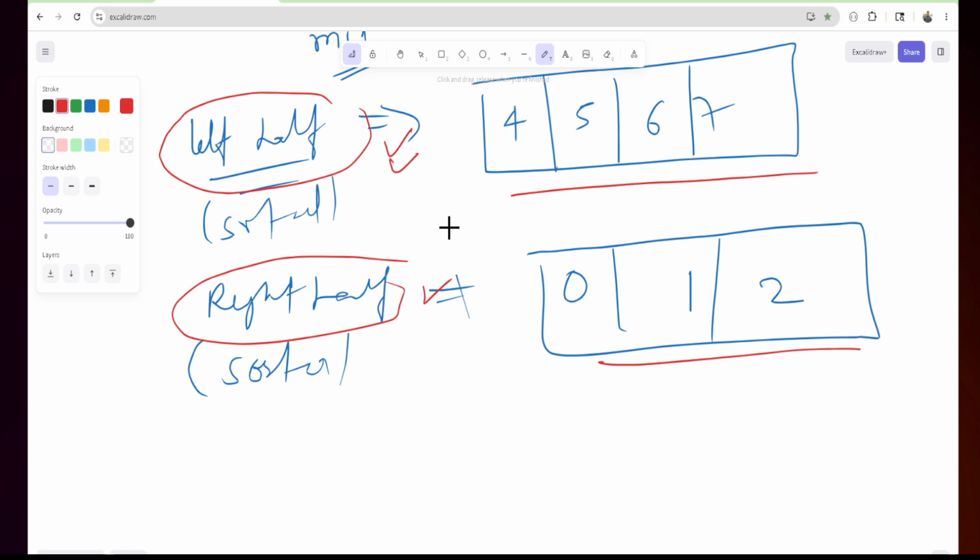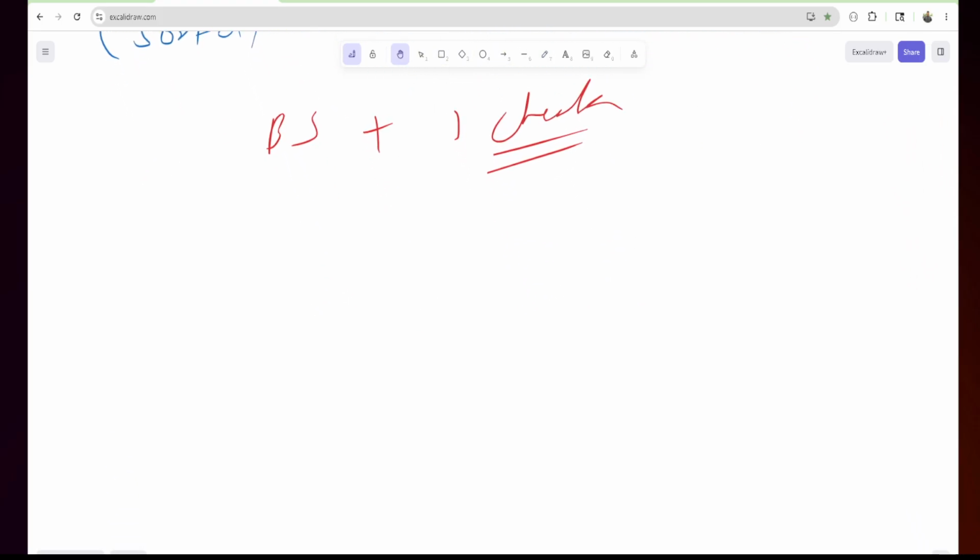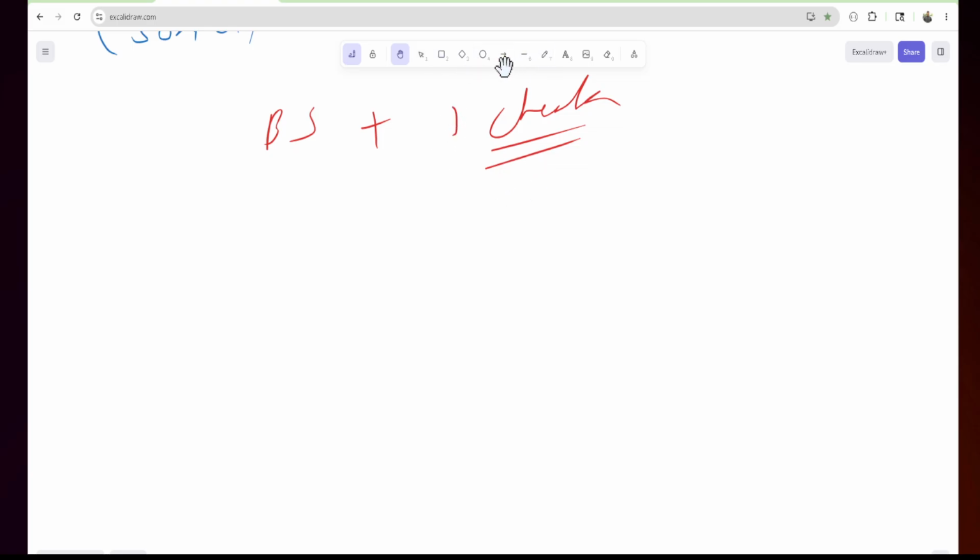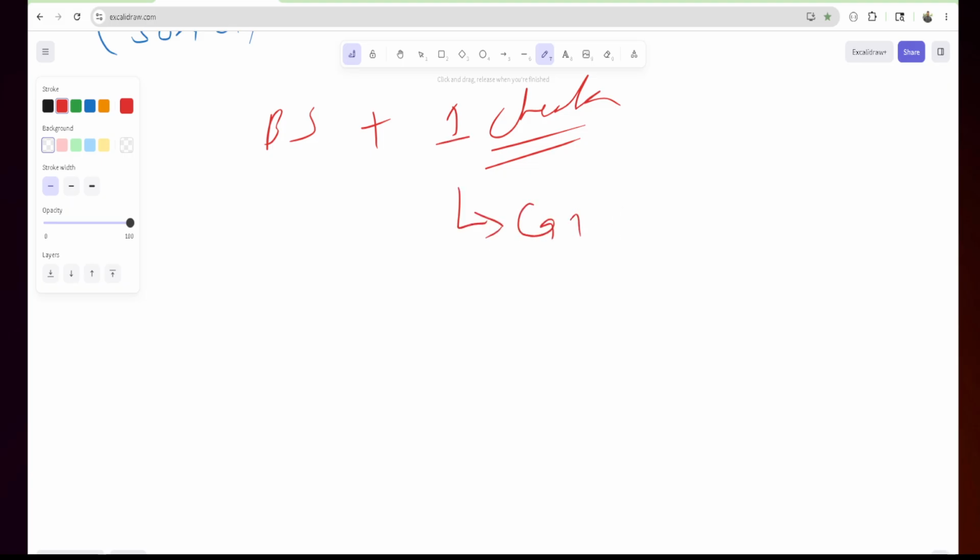So that is the extra check you have to do with binary search, plus one check. And this one check is, guys,